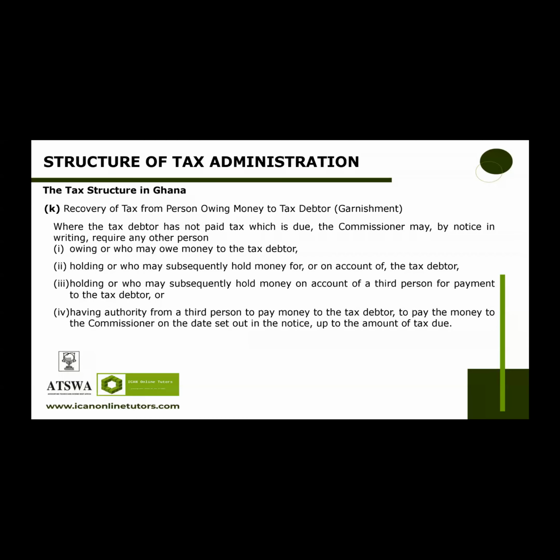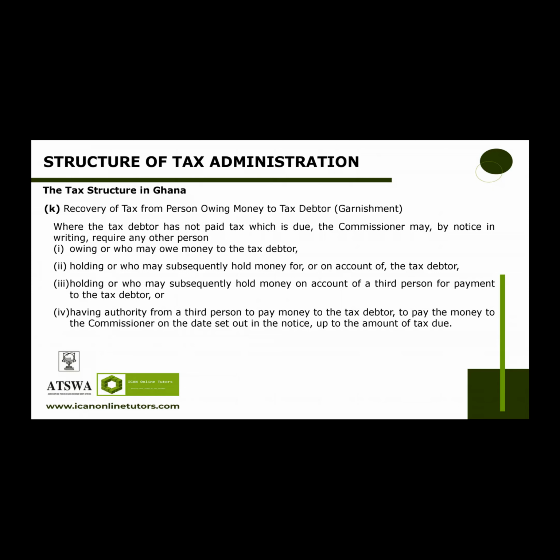Now let's look at the recovery of tax from person owing money to tax debtor. That's garnishment. Where the tax debtor has not paid tax which is due, the commissioner may, by notice in writing, require any other person owing or who may owe money to the tax debtor, holding or who may subsequently owe money for or on account of the tax debtor,